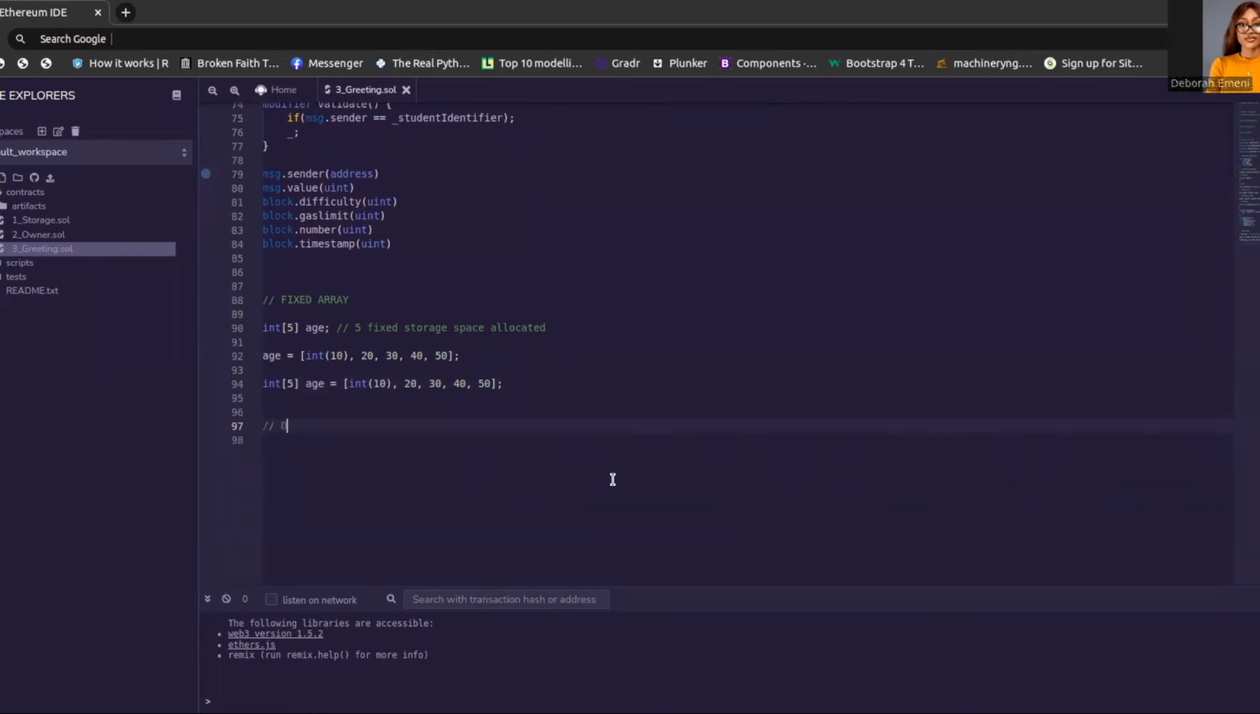So, dynamic array. You have ints and age. So this is an array of ints with no fixed storage space allocated, and storage is allocated during assignment. Simple. Now let's see how you can initialize a dynamic array. So initializing a dynamic array, you can actually